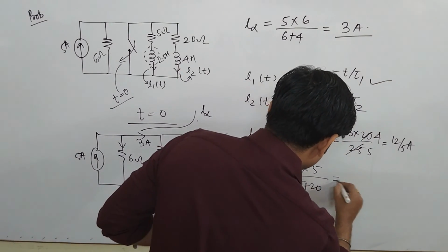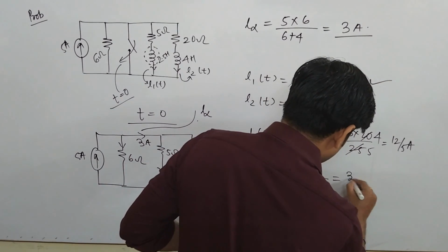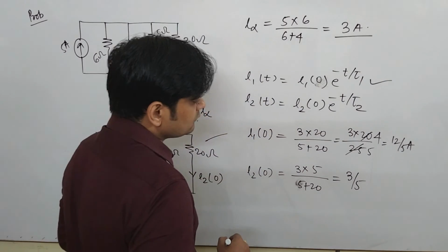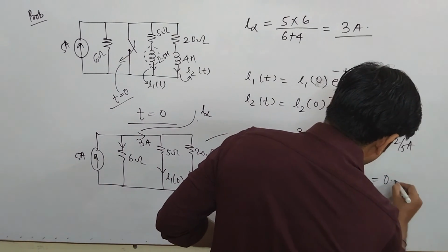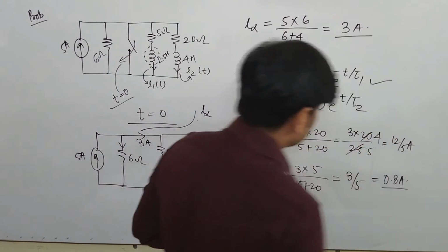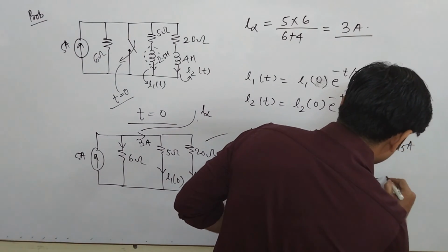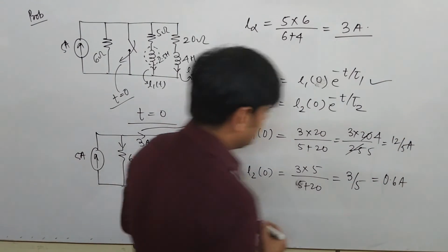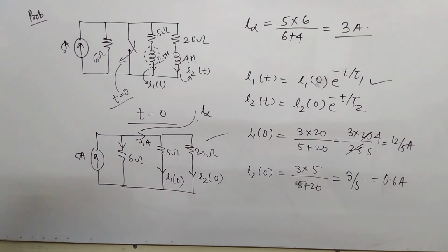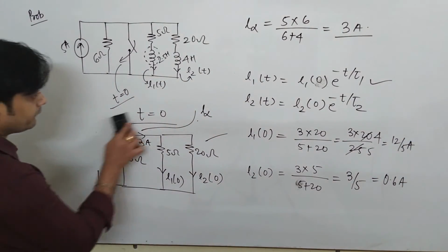And this is 25, 5, so it is 3 by 5. So that comes to be 0.8 ampere. Not 0.8, it is 0.6 ampere. 0.6 ampere. Okay, so this way we have found the value of